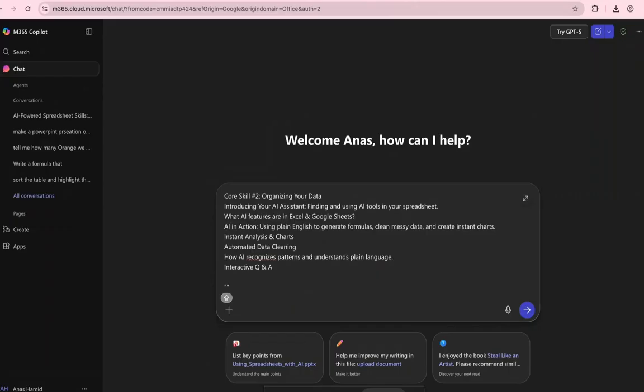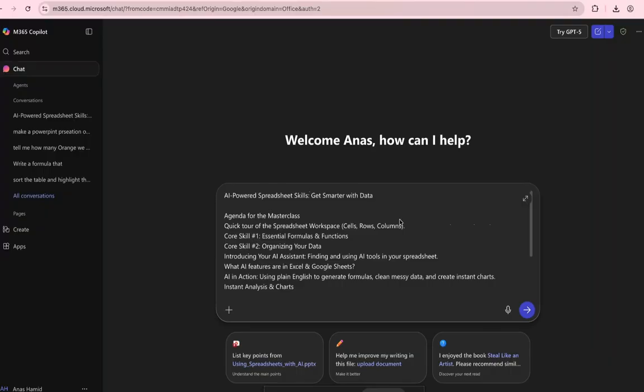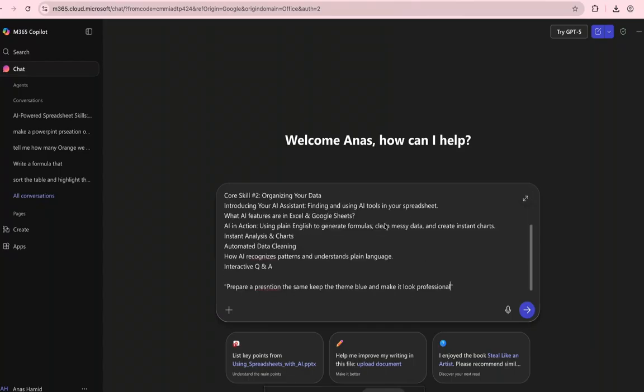So I'll ask it to prepare a presentation on the same, keep the theme Leo, and make it look minimalist. So make it look professional. Since the mic is on, you can ask me anything while I'm doing something. We just wanted to see how AI really works in our daily tasks. For this entire presentation, we'll put this chatbot to work on making my own PPT, and then we'll shift